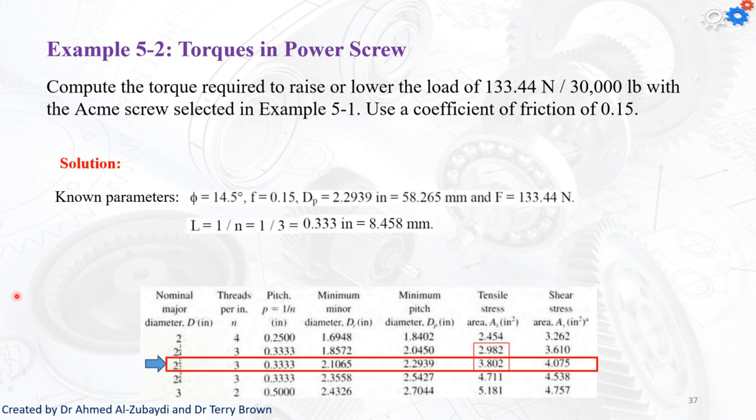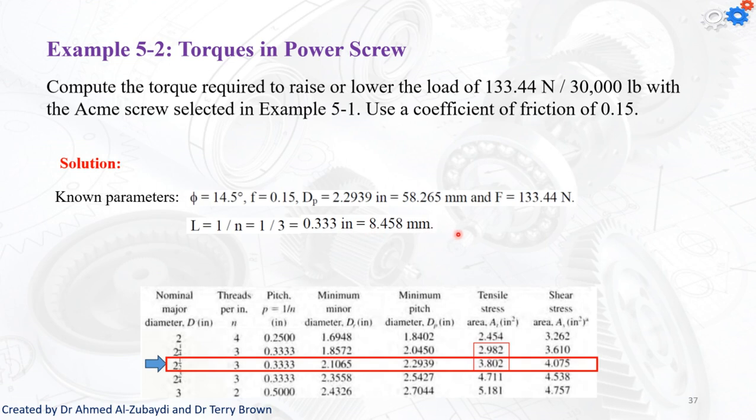So we're going to get the following parameters. First, phi is 14.5, that's the pressure angle. The coefficient of friction is 0.15, given in the question. The dP is now 2.2939, that's what we get from the table. And the F value is 133.44. The L, or how much we're going to move for one rotation, is going to be 1 over 3, which is 4.85,